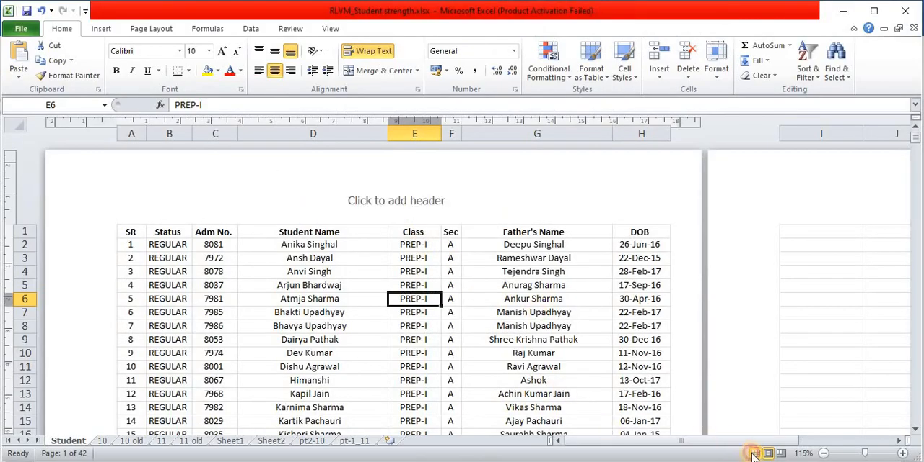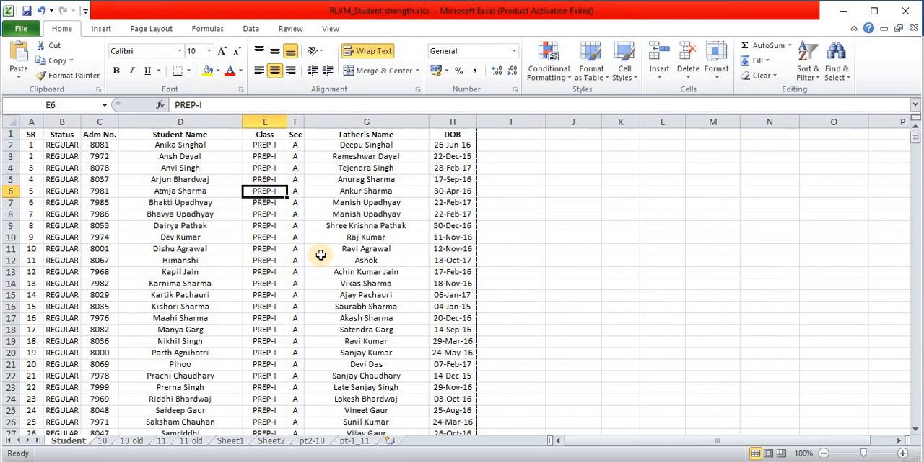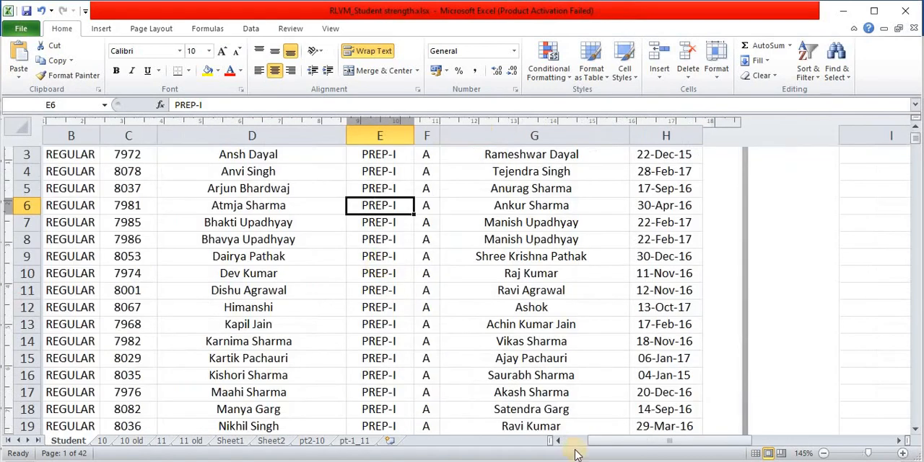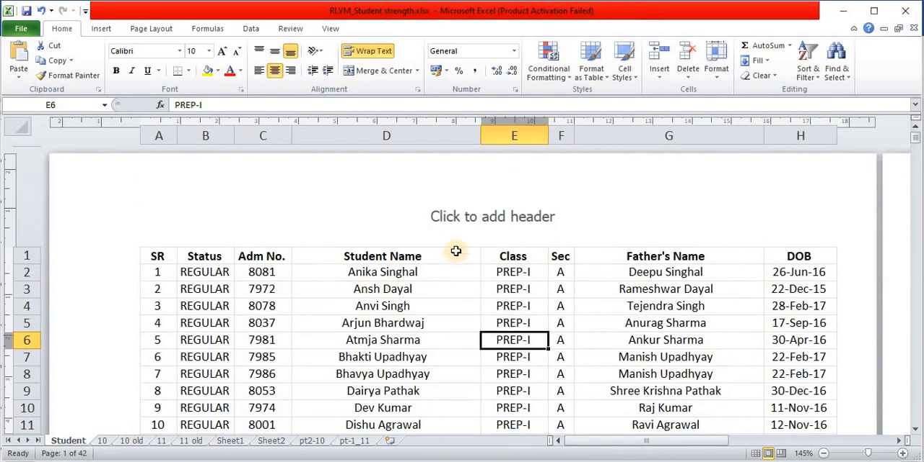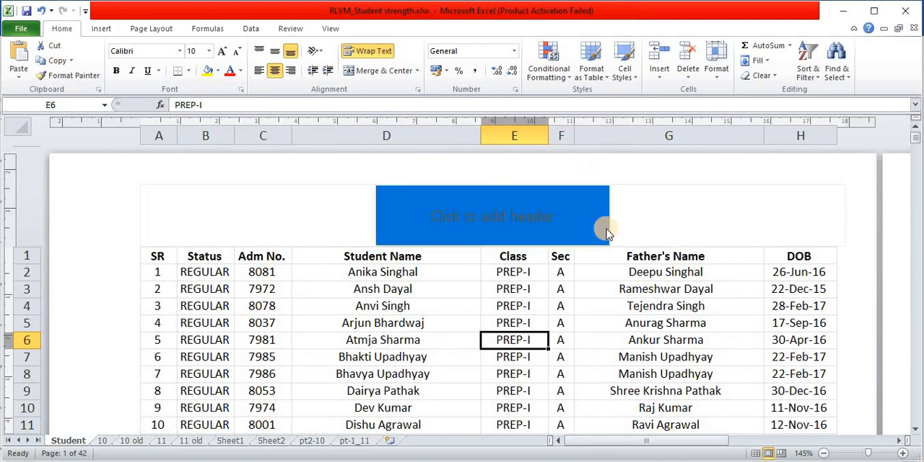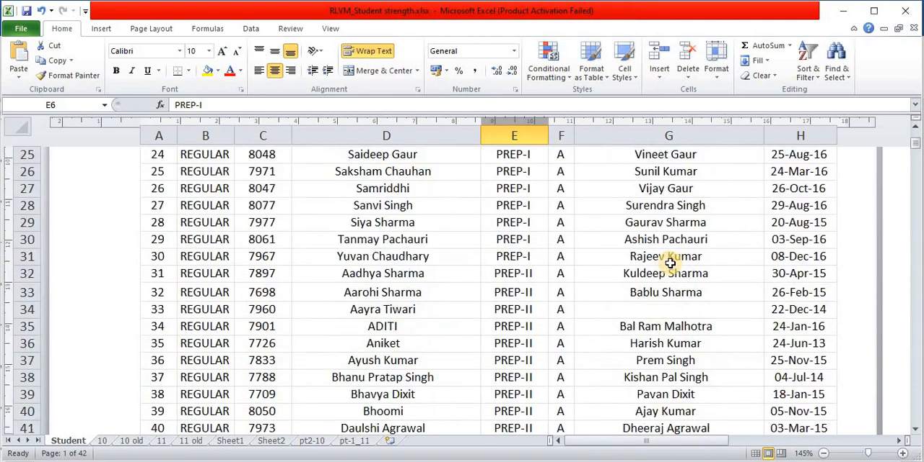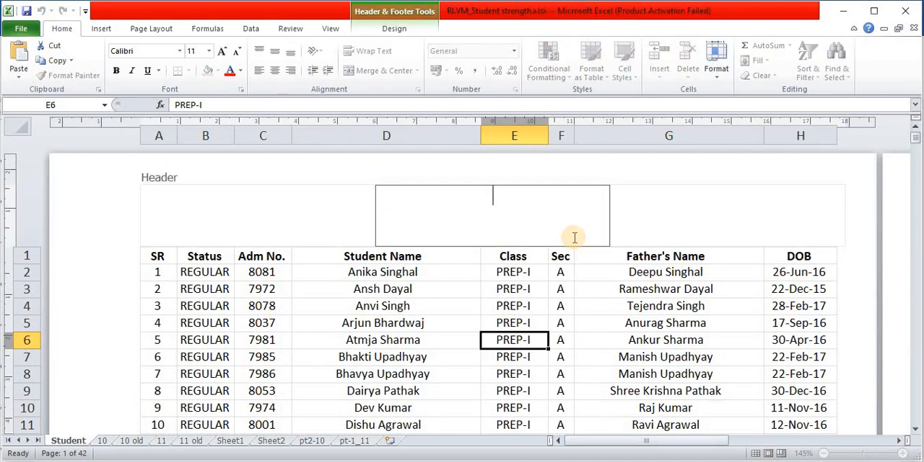First of all, you have to switch your sheet into Page Layout view. As you click on the Page Layout view, you can see Click to add header. This is your header part and this is your footer part. Write down the content which you want to appear on each page. For example, I am writing here, class 10 practice,